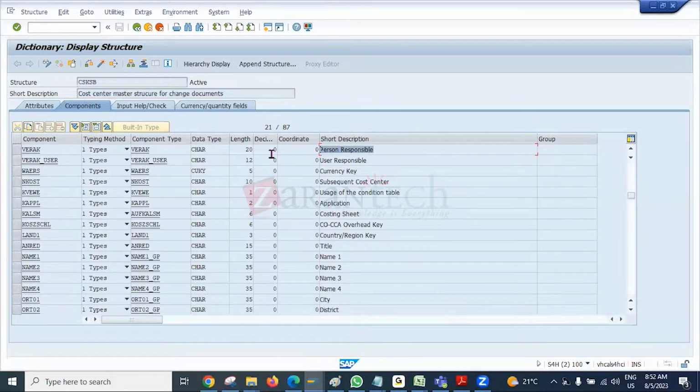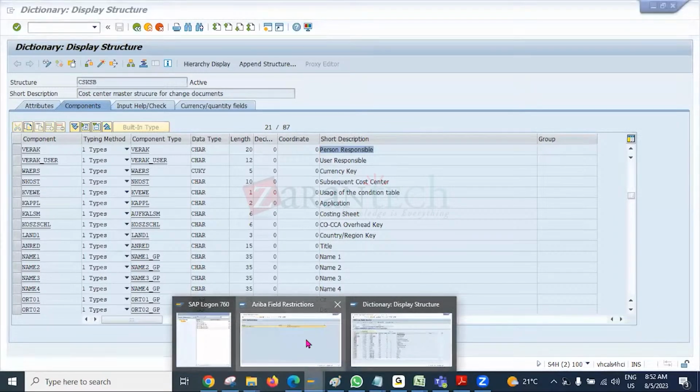If you know, then you might have seen that while creating the cost center from the KA01 transaction code, we have to specify the person responsible. As part of this cost center integration from the ERP system, we are also sending the person responsible. And in some cases, if you make any kind of change in the person responsible value,